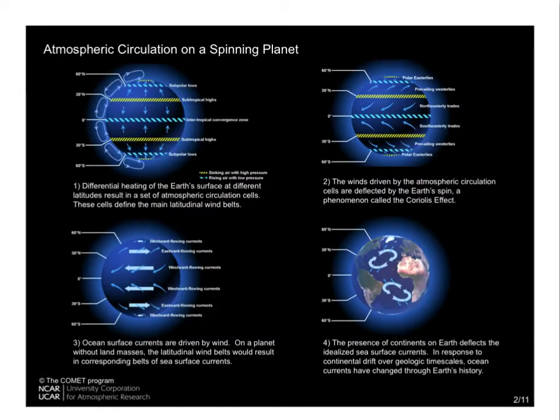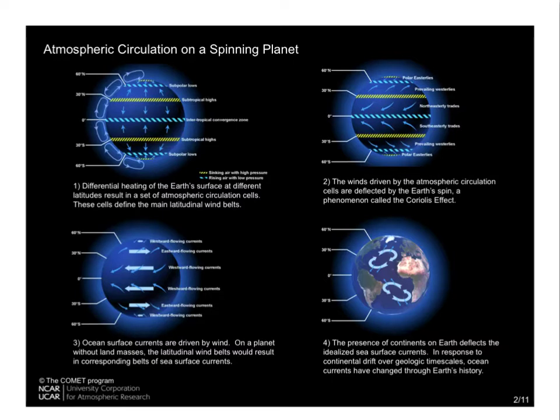I'm going to start with ocean surface currents. Water at the ocean's surface is moved by winds, so to understand oceanic currents, we need to start with some basic ideas about atmospheric circulation. Atmospheric circulation is driven by differential heating of the Earth's surface at different latitudes. In other words, the equator receives more solar radiation per unit area than the poles, so low latitudes are warmer